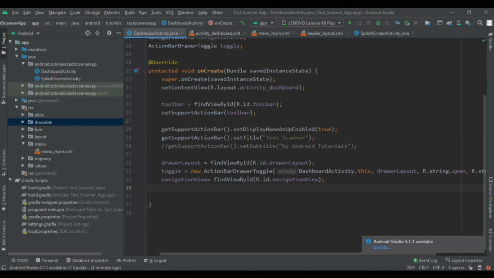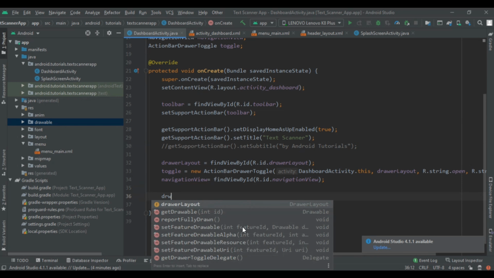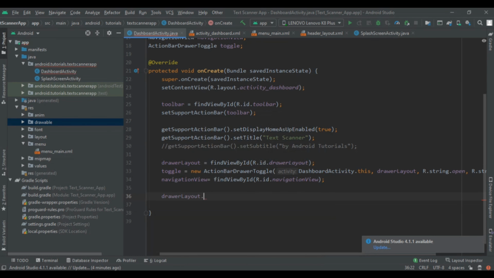So write drawerLayout.addDrawerListener and pass the listener to be toggle, and then toggle.syncState. This will sync the state.